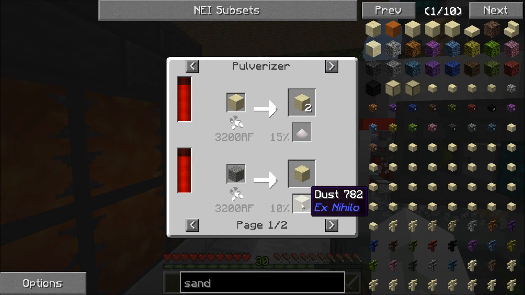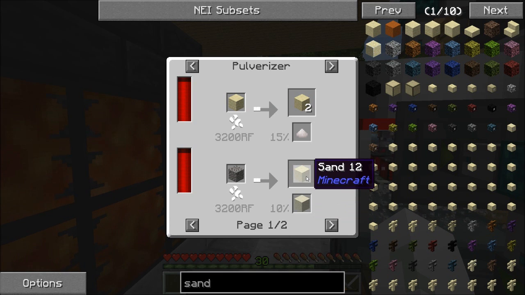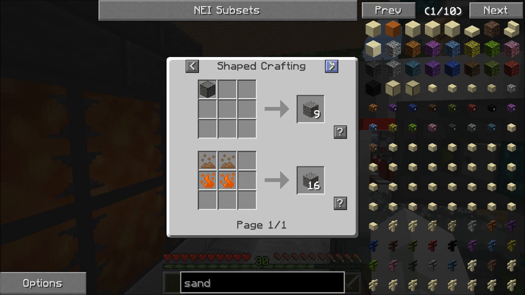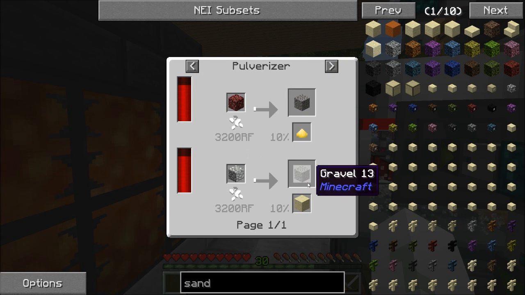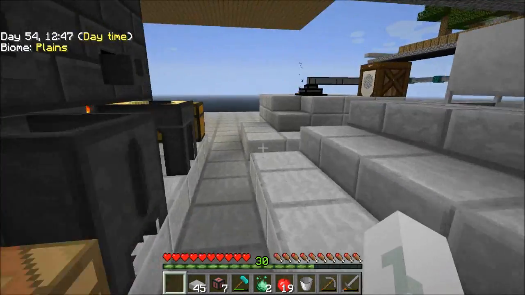Now, if you look here, if you break down gravel into sand, you have a 10% chance of dust. Oh, hang on. Okay, you get a 10% chance of dust if you just break down sand into dust. But if you break down cobble into gravel, for example, there is a 10% chance of sand. So what I want to do is get 3 pulverizers, one breaking down the cobble into